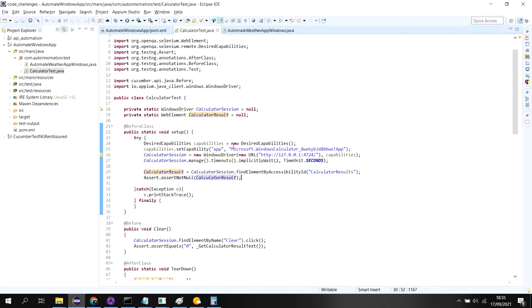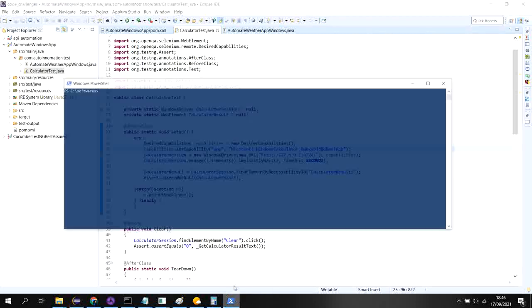Now there is a question: how am I getting this name? What is the app ID? In the capability, the capability name is app, and we have to pass the app ID. How will I get the app ID? There is an option. Let's open PowerShell.